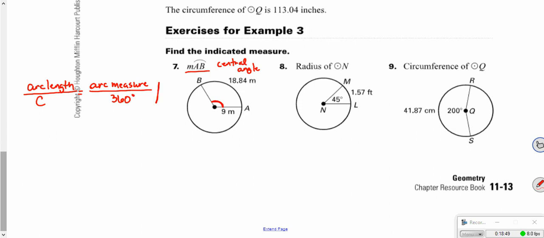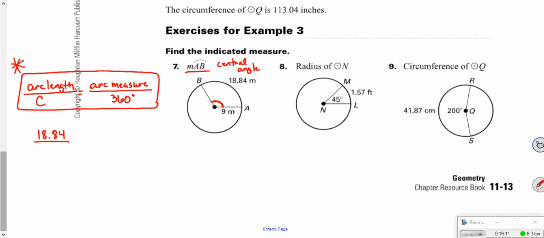Over 360. That's how we set up our proportions. Okay, this is the basic setup: arc length over circumference equals arc measure over 360. So what do we have? We have the arc length is